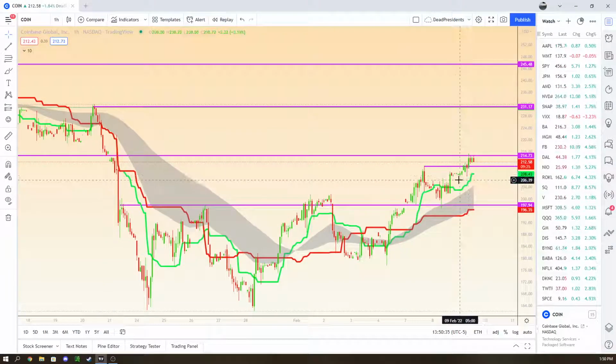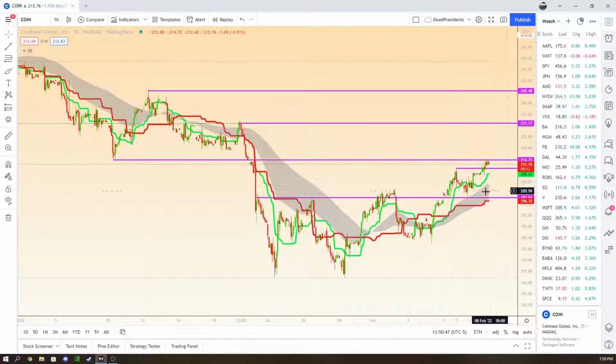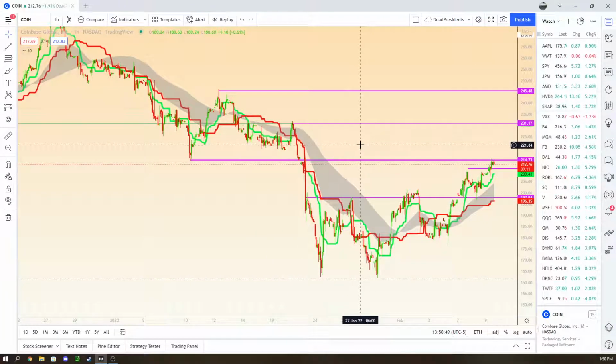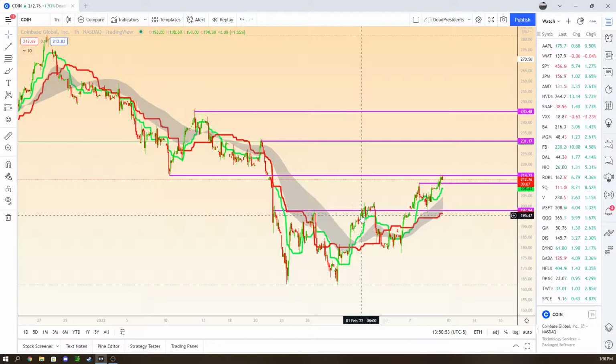You would have taken it here on the bounce over the Tenkan, and you would have just ridden it all the way up here. You don't need to sell until it comes back to the Tenkan. So it's a pretty basic setup. Like I said, as long as you follow the system and you're only buying calls when the stock price is above the cloud, and as long as you're only buying puts when the stock price is below the cloud,